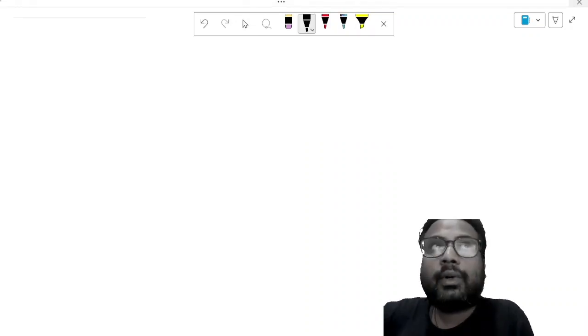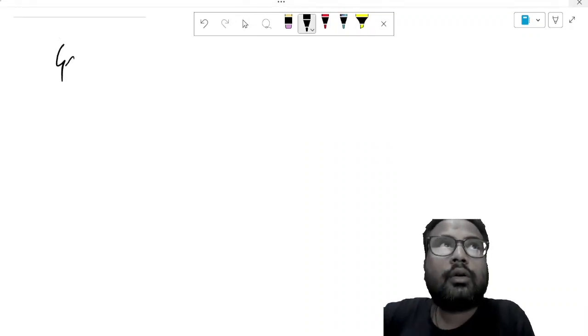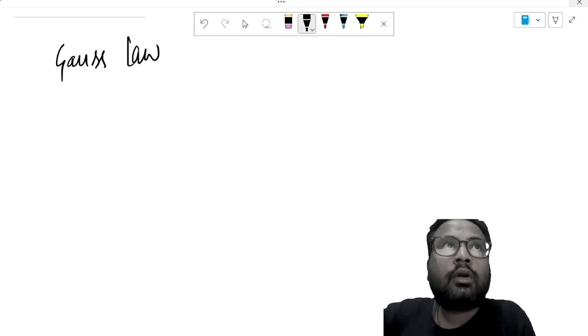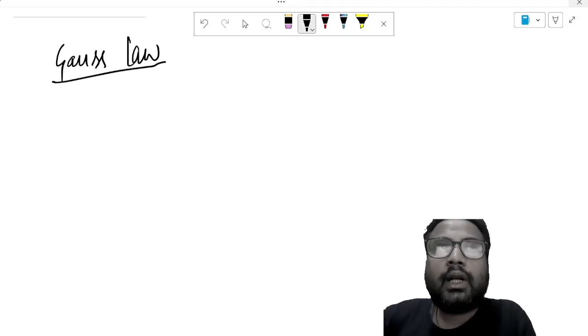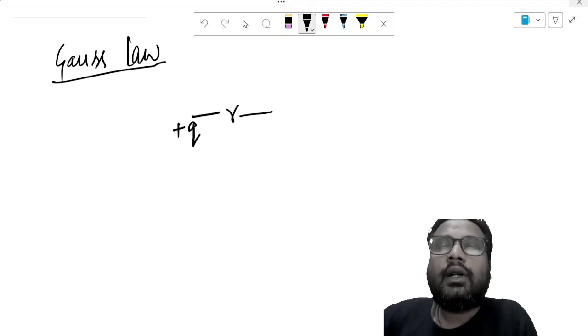हम लोग इस वीडियो में डिस्कस करेंगे गॉस लॉ। So basically we will take one charge plus q, and let's say कि हमें r distance पे इलेक्ट्रिक फील्ड कैलकुलेट करना है।